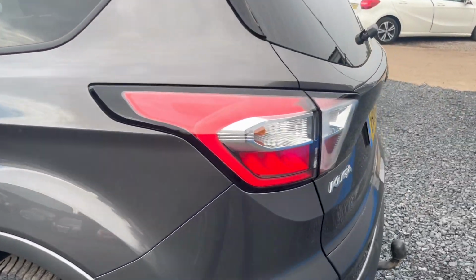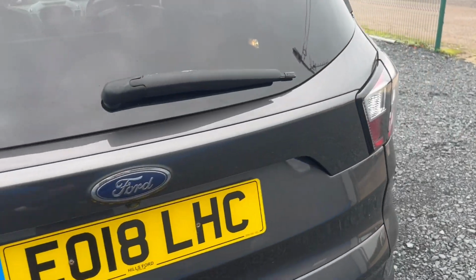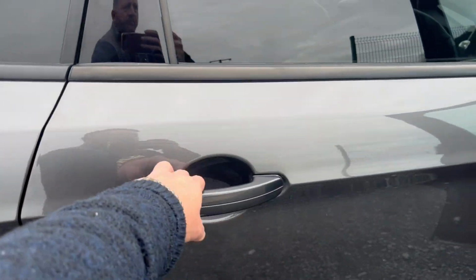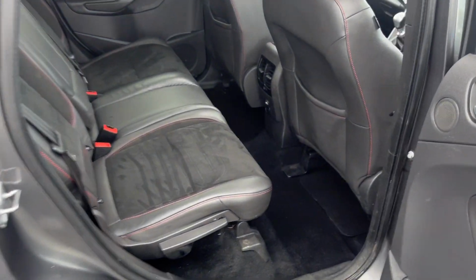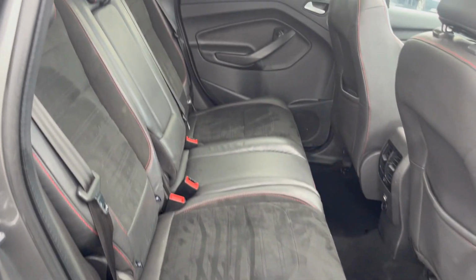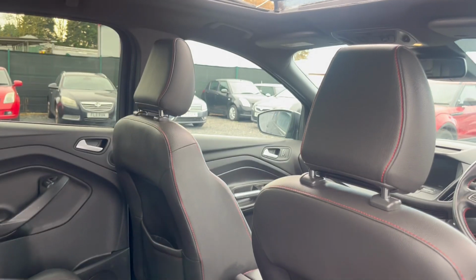Just take you inside the car. All cars are pictured and videoed outside, but are viewed inside our indoor showroom. As you can see, it's got the lovely ST line half leather Alcantara interior,